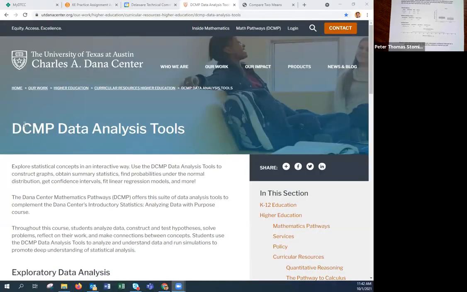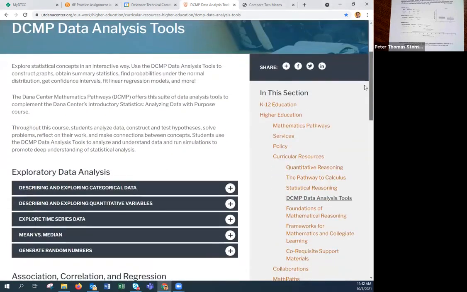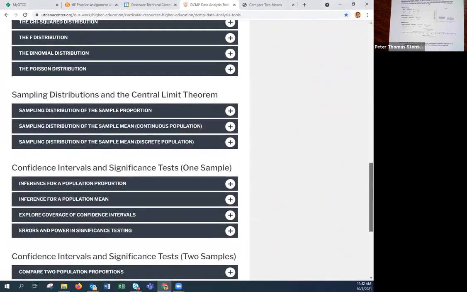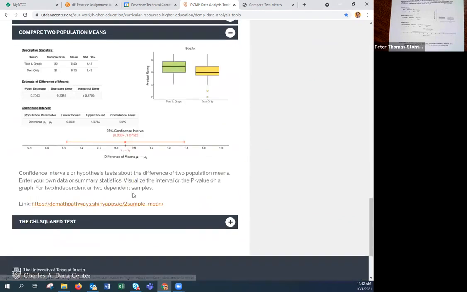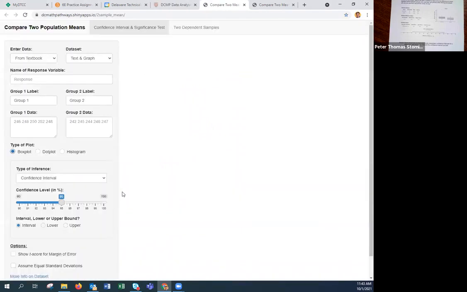So again, on the DCMP, Data Center Math Pathways Data Analysis Tools, which is a clearinghouse of all the apps you've used this semester, here we're going to find the one that talks about confidence intervals and significance tests for 2 samples, and specifically comparing 2 population means, not proportions, but we're doing averages or means. So this is the link that was given to you in the lesson that we're currently working on. So if you go to this website